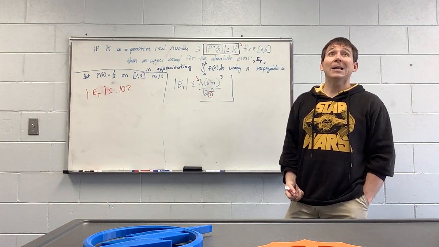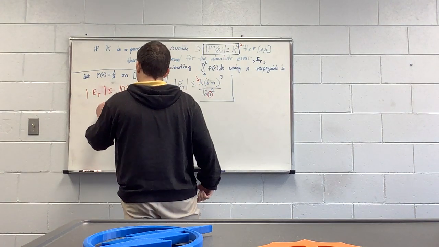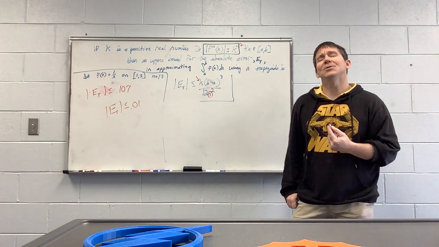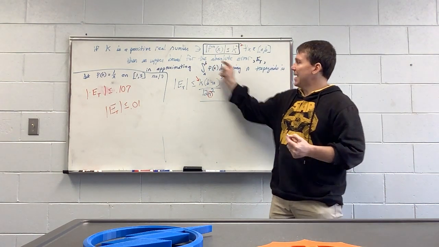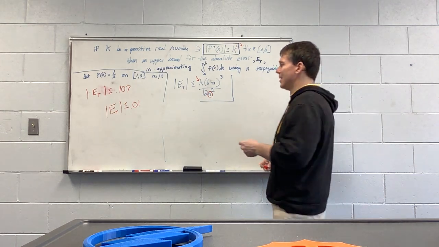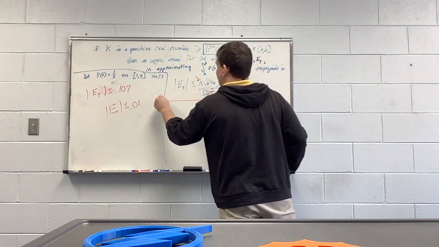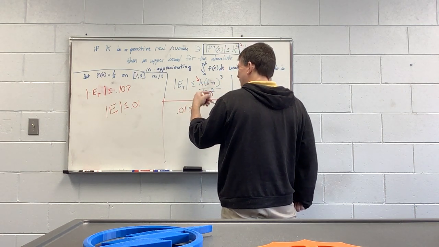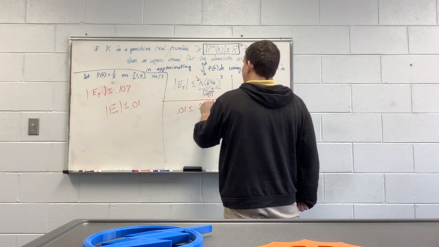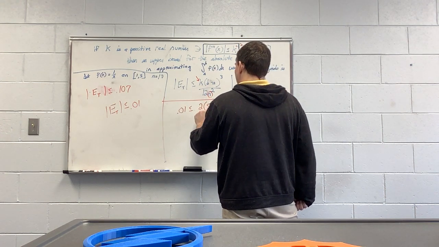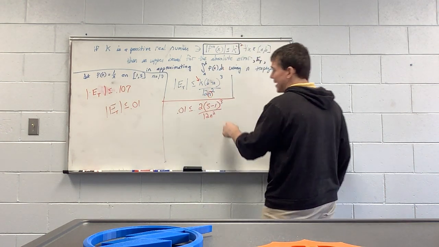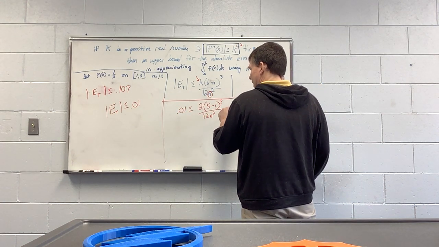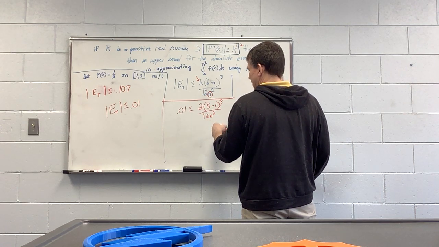That's good. I'd prefer it if my absolute error was less than or equal to 0.01. How many trapezoids would I need? Well, then I just plug in here and I solve for n. So if we do this quickly, 0.01 is less than or equal to k, which for us we said was 2, times 5 minus 1 cubed, all over 12n squared. And then I solve. Multiply the n squared over the 12n squared over here, and I get 12 times 0.01,